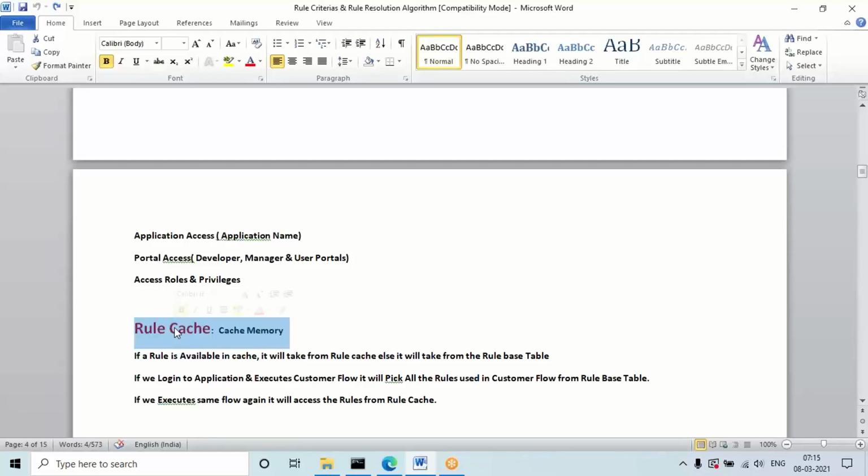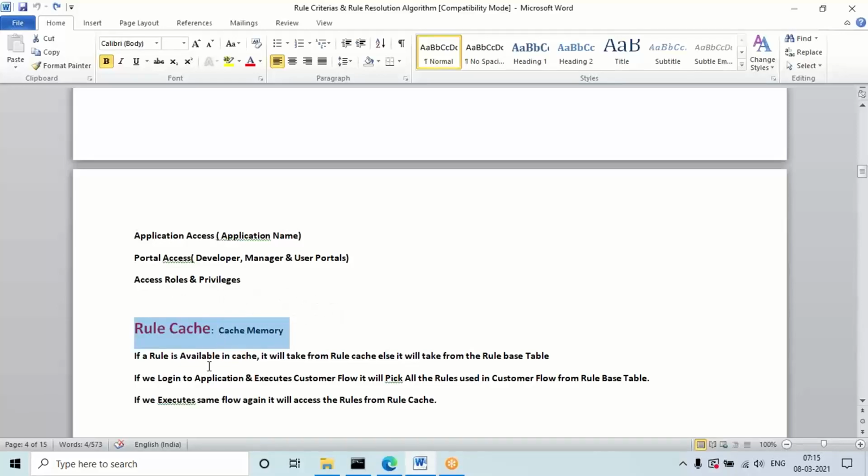The second time you execute it, we can access that rule directly from the cache. The first time it is added to the cache from the rule base table, but the second or third time you execute the customer flow design, it will access the data directly from the cache only. It will not fetch from the rule base table again. So this is also one criteria.